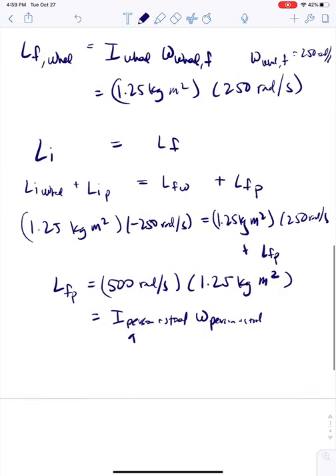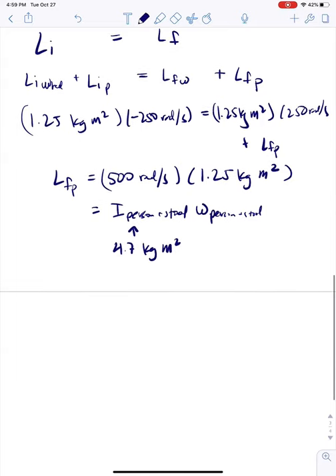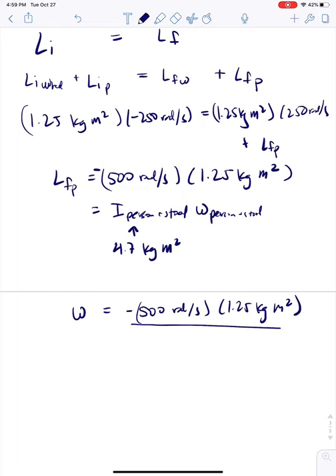This I was given in the problem as 4.7 kilogram meter squared. So our final omega, oops, I dropped a negative sign up here. Apologies, this should be negative. So our final omega is negative 500 radians per second times 1.25 kilogram meter squared over 4.7 kilogram meter squared, which gives us negative